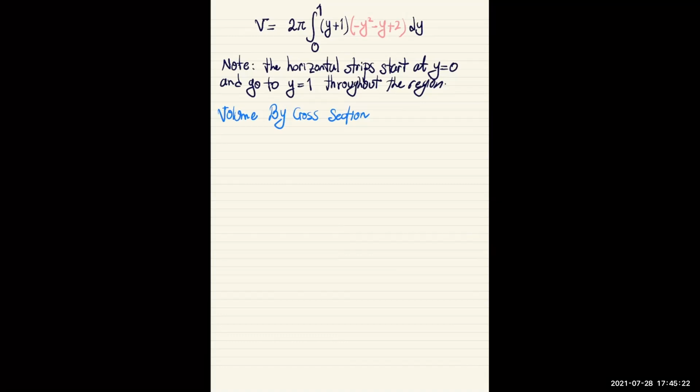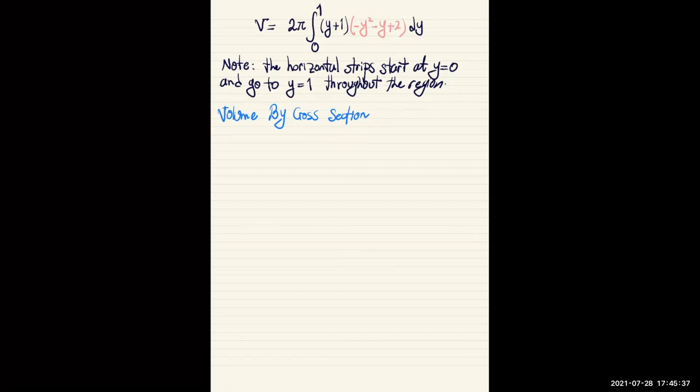Pi is always involved, because of that revolution. All of the volume formulas have a pi, 2 pi, pi r squared. But what if you're not revolving